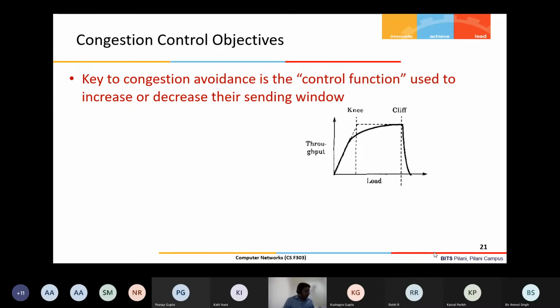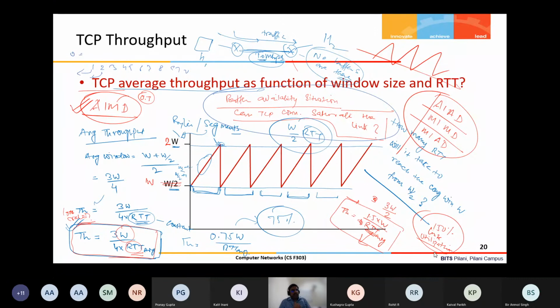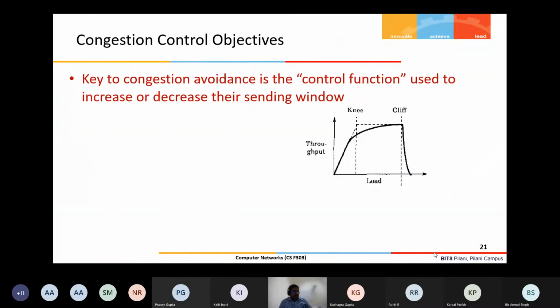Okay. So I think we have discussed up to this point how to calculate the average throughput of the TCP connection. The basic sawtooth behavior gives a rough estimation of the throughput as (W + W/2) divided by 2 RTT, and that gives us 0.75, or 75% of the link utilization.